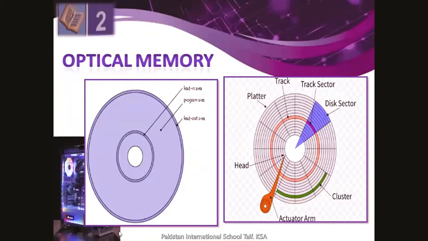So basically your optical memory is used to save your data in the form of tracks and sectors. We have many tracks and many sectors which are used to hold your data in optical form. And the read and write head reads your data and picks your data according to your requirement.